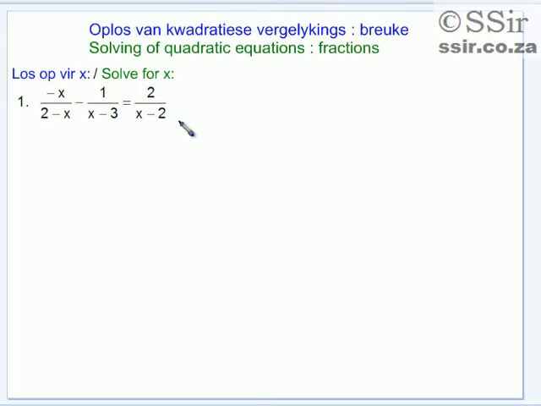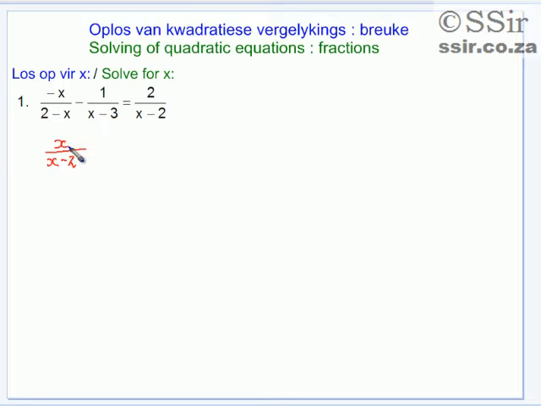Here we have an equation with fractions, so we must find the LCM. Firstly, you should notice that the denominator here and the denominator here differ in sign. So we can get these two denominators the same by taking out a minus as common from one of them. So if we start with the first one and I rewrite this as x minus 2 below the line, then